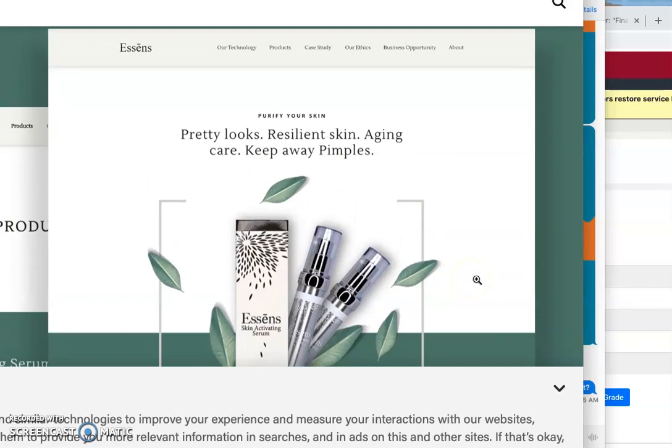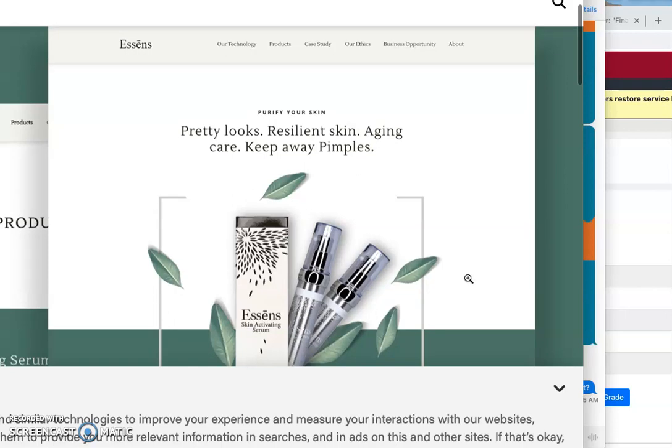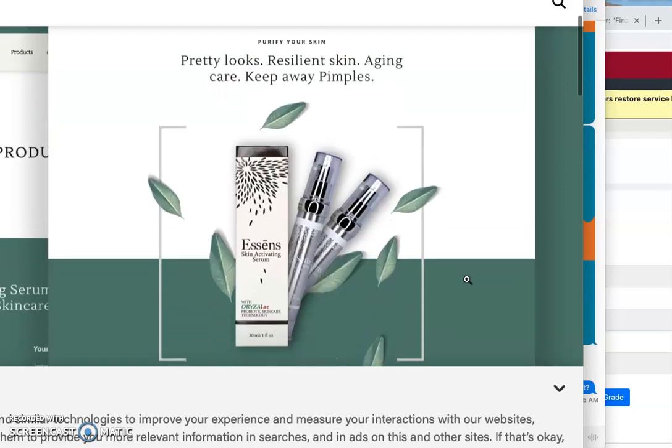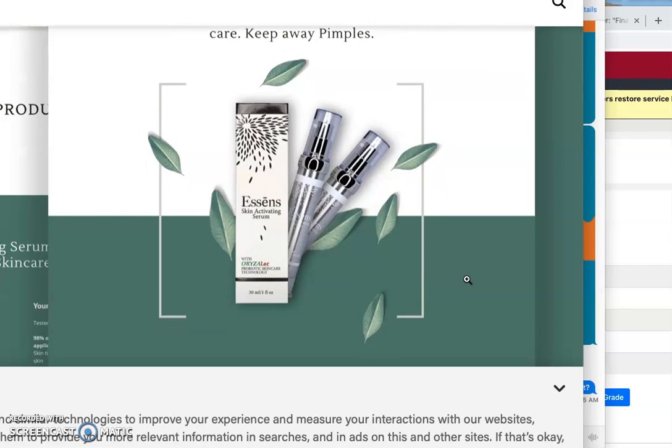a very simple wordmark logo. Nice introduction with the headline, Purify Your Skin, Pretty Looks, Resilient Skin, Aging Care, Keep Away Pimples. So it's not exactly amazing copy, but the one thing to look at here is, let's say this person created this packaging in Dimensions. So there is a really nice look and feel, and look at these secondary elements